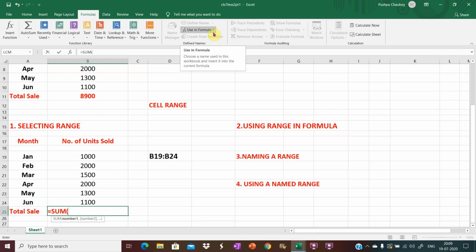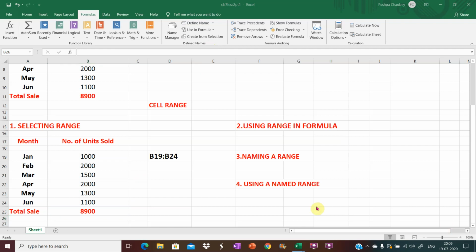Click on Use in Formula option in the Define Names group on the Formulas tab. Select Units Sold. It is included here. Close the parenthesis and click on Enter key.